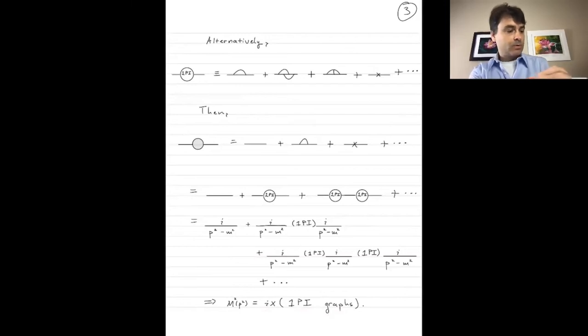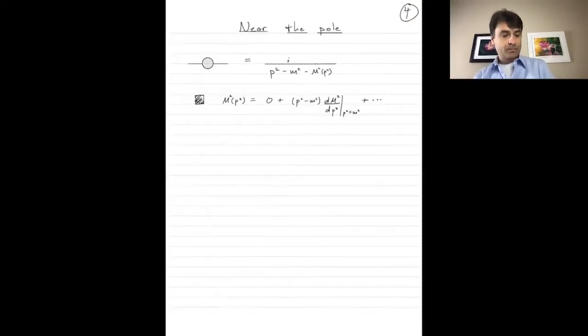And remember, there are no external propagators here in these kind of graphs. I just draw those lines sticking out at the ends to remind you that this is part of a self-energy diagram. But in practice, you would not write i over p squared minus m squared for those external lines in this particular expression. Okay, so that's just a setup. We know now what M squared of p squared is, and we know how to calculate it. We calculate it by starting to write down